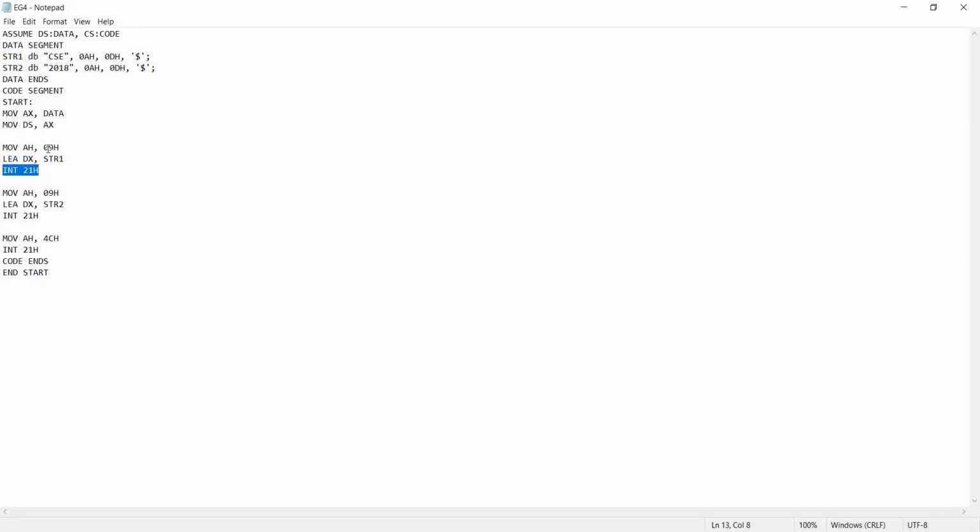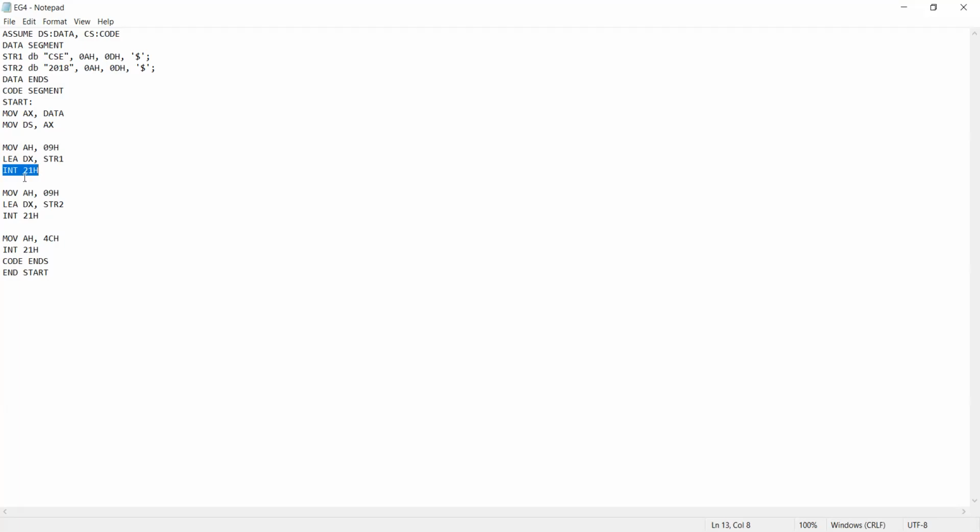Suppose instead of 09H we use 0AH, that is 10 in decimal; in that context the purpose is reading a string.